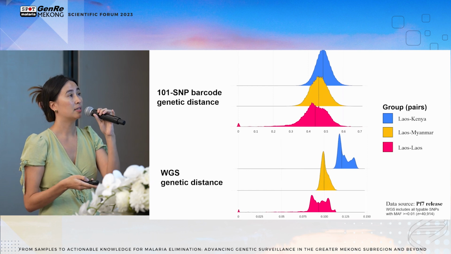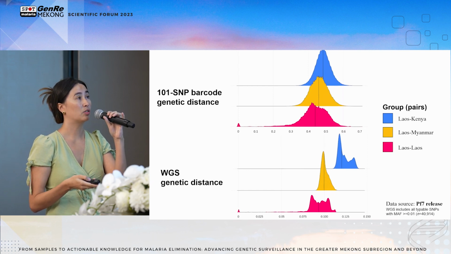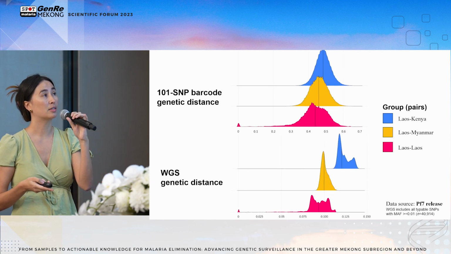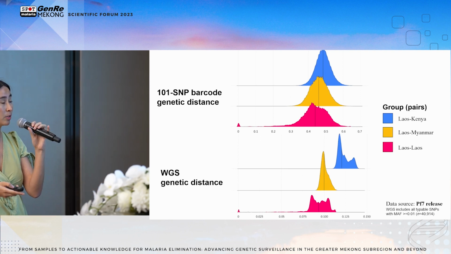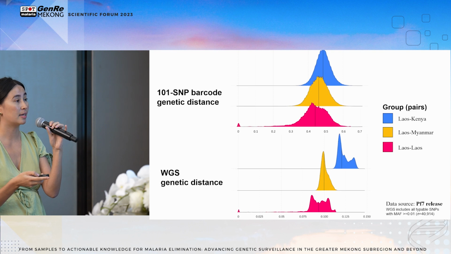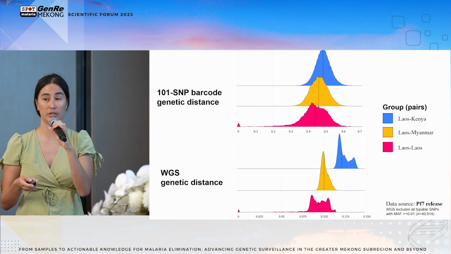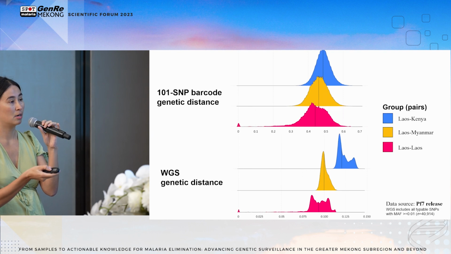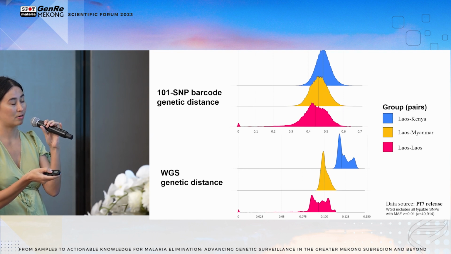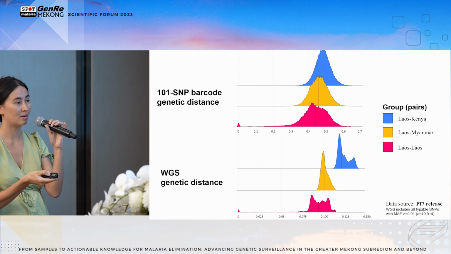So here we see the same distribution on the top that you saw in the slide before. And in the bottom, you see the same groups, only then with genetic distances calculated with whole genome sequencing. What I mean with that is that the variants were chosen which included all typable SNPs with a minor allele frequency of at least